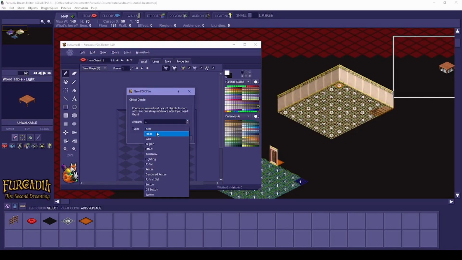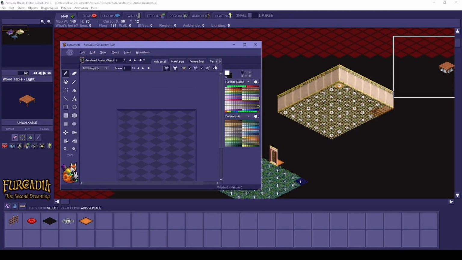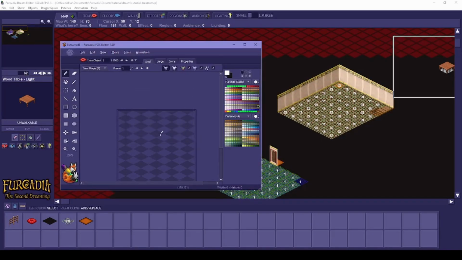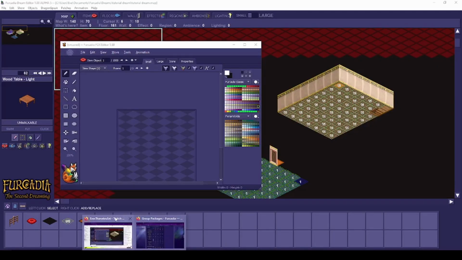If you want to do item, floor, wall, region, effect, you can even do portrait set or gendered avatar, and that will generate the male, female, whatever, or new item. Amount, you can put 1,000. That way you have the 1,000 you're working with. And then you can get the items from